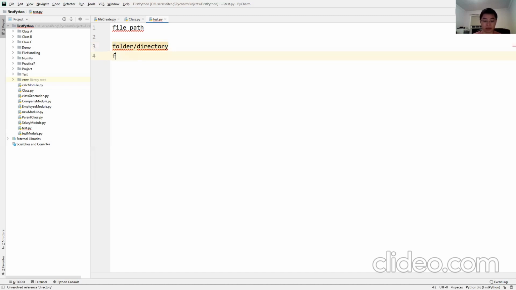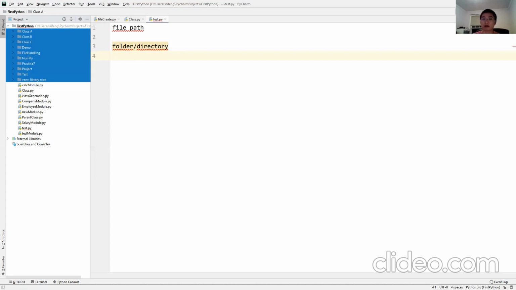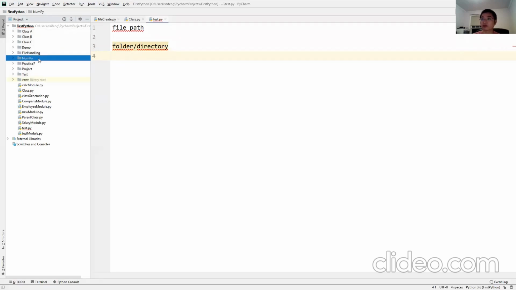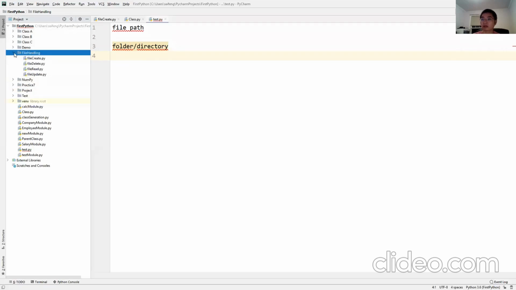Even at the root level, you can have a folder tree. In this case, my root folder is first Python, and I have those child folders. For each child folder, if you open that, there could be files.